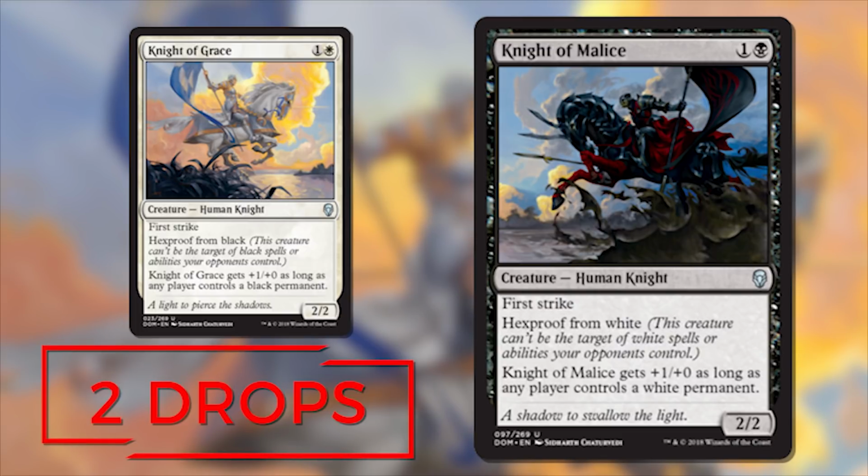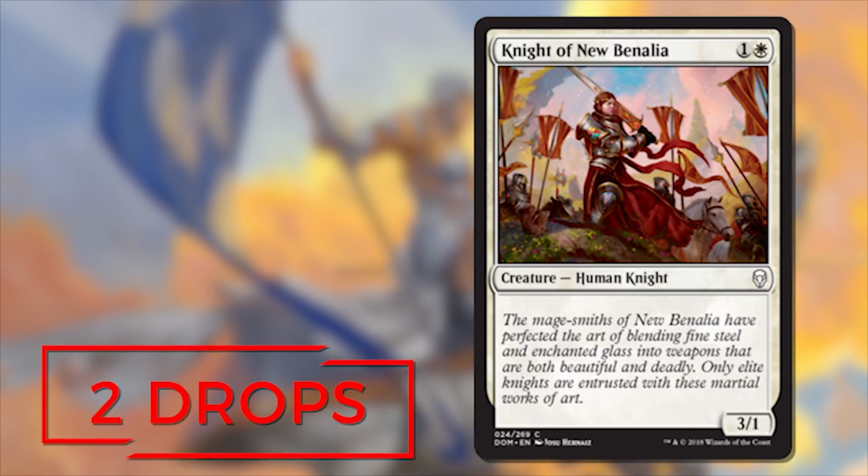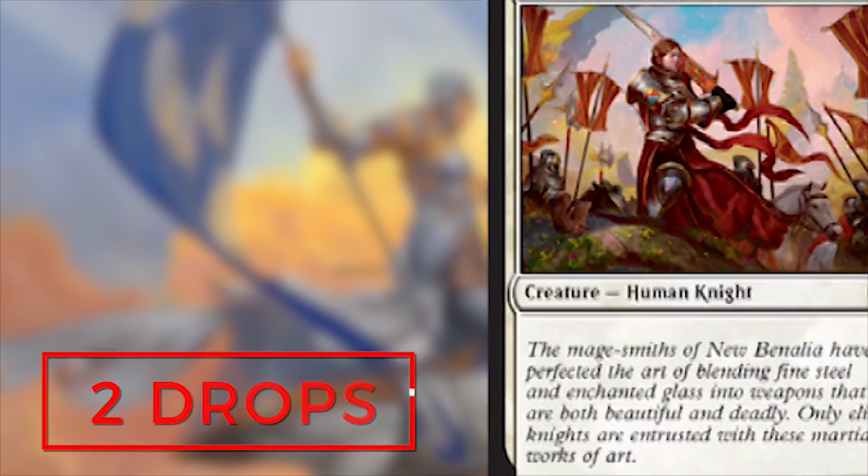But both are great creatures and low in their mana cost, and that's exactly what we're looking for in this deck. Next is Knight of New Benalia. Now, this isn't a bear, but a 2-mana 3/1 will always be good. And who knows, with the ways we have to pump our creatures in this deck, that 1 toughness could grow